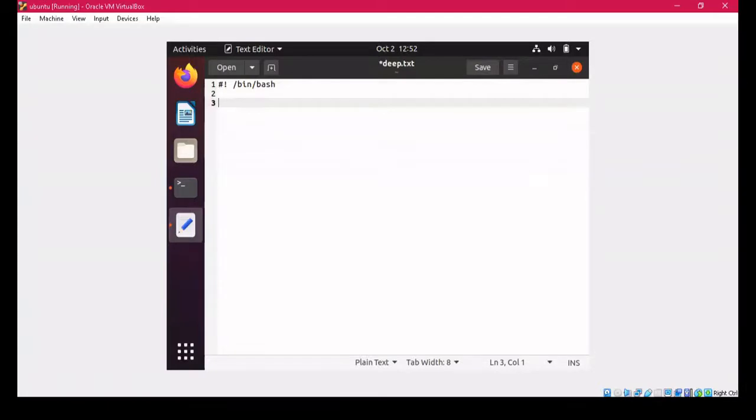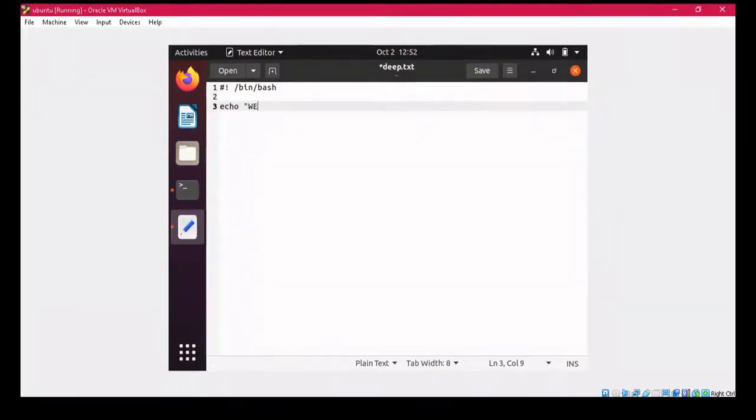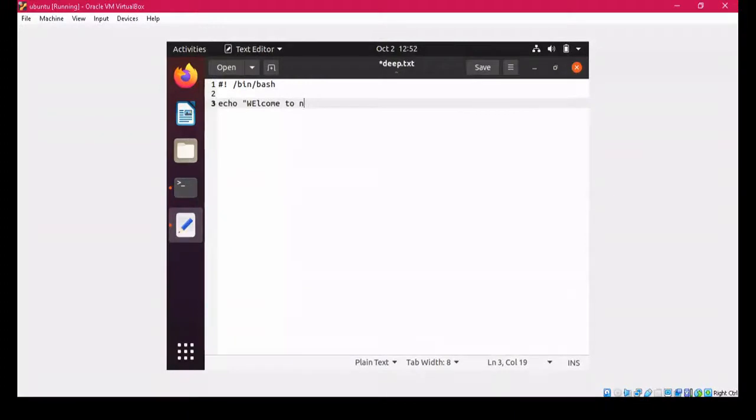After you write this, you can start writing your script. I am creating a very simple script to explain how you can create your script in Notepad. I am writing the command echo and displaying "welcome to notepad". Then I am writing the touch command, and I'm creating two more files, lab1.txt and lab2.txt.